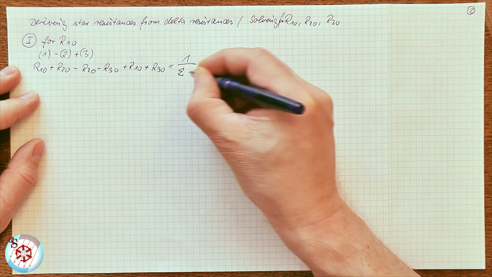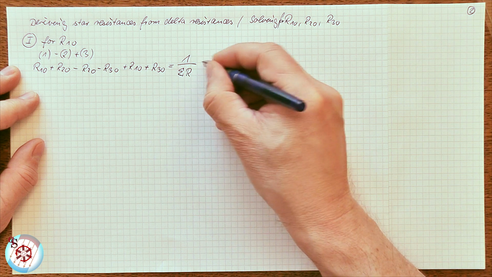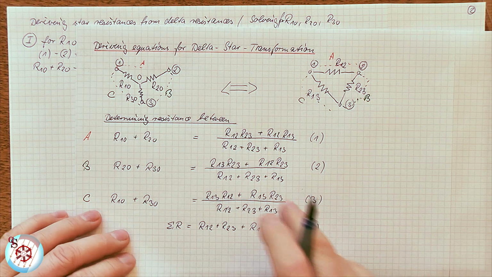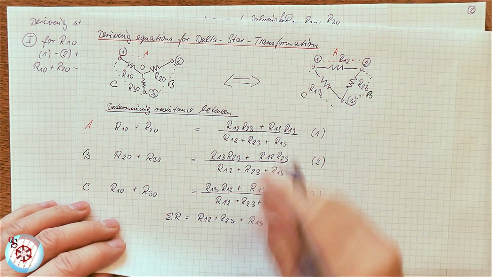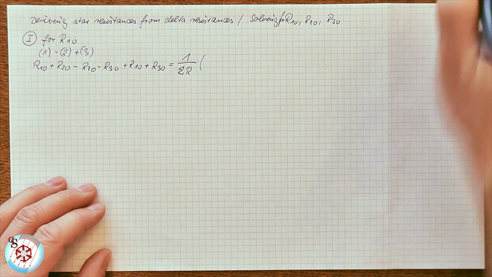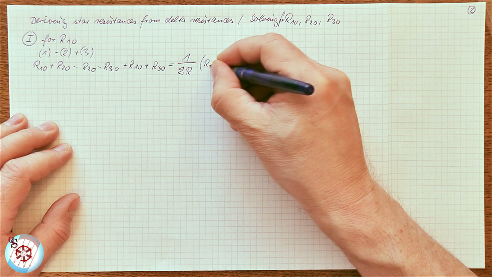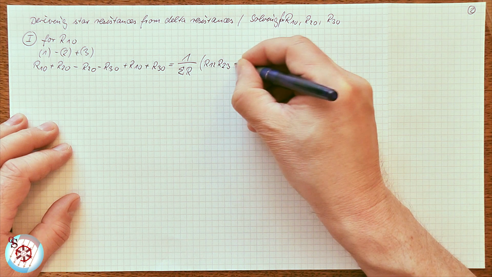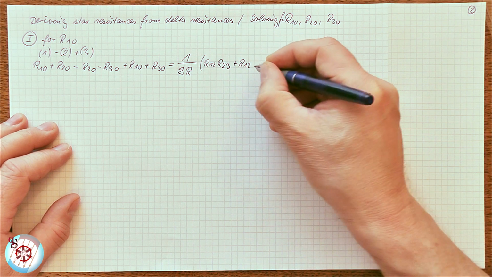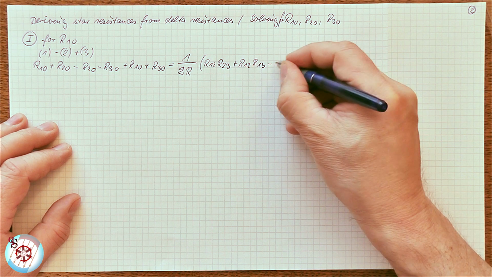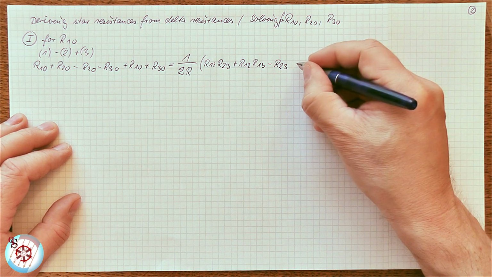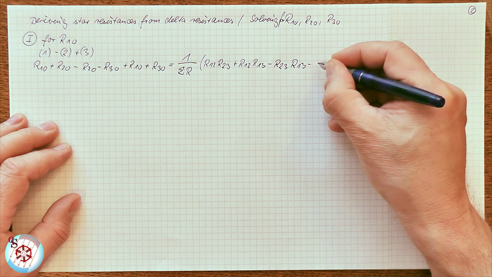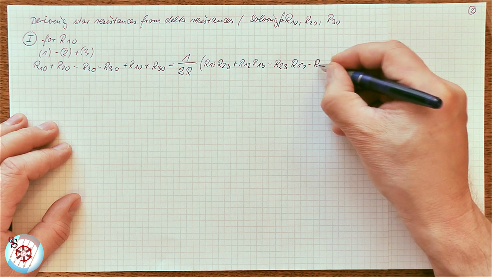It's 1 divided by the sum of R, and then we can just use those numerators, and that's then rather simple. So it's then R12 R23 plus R12 R13 minus R23 R13 minus R12